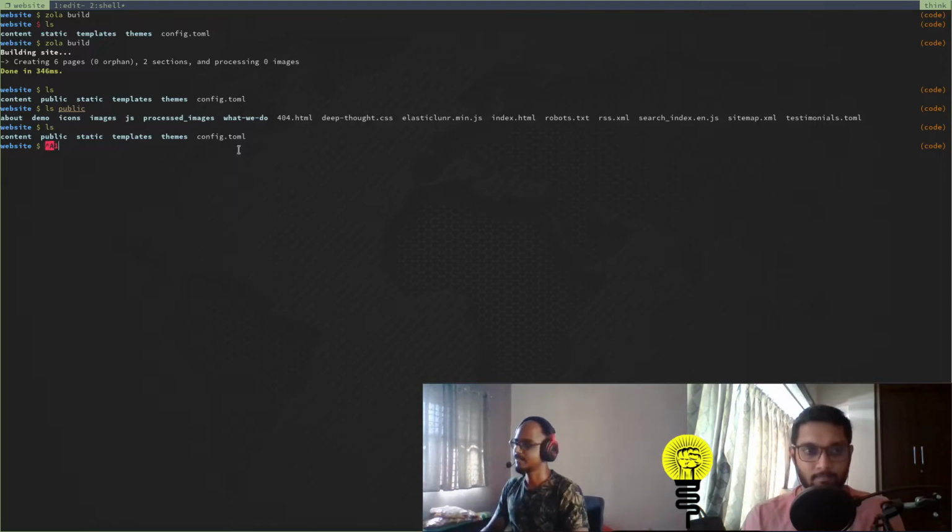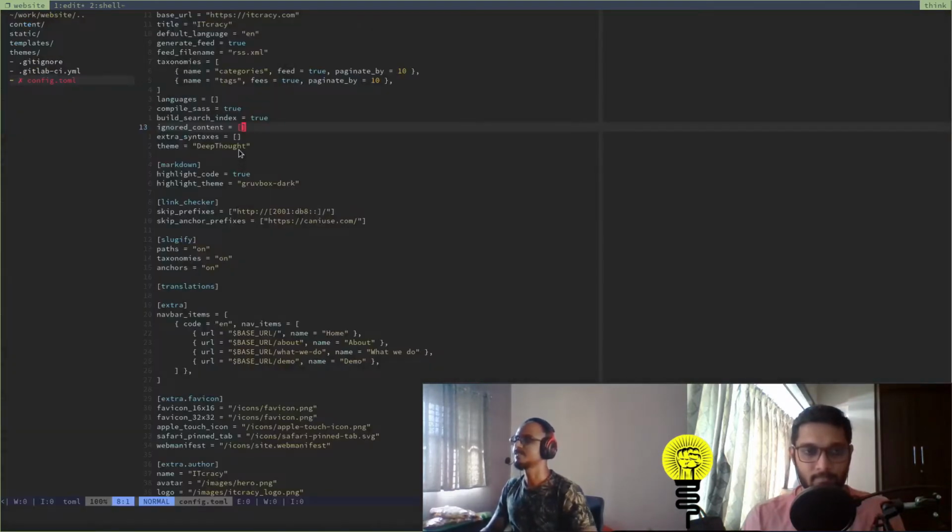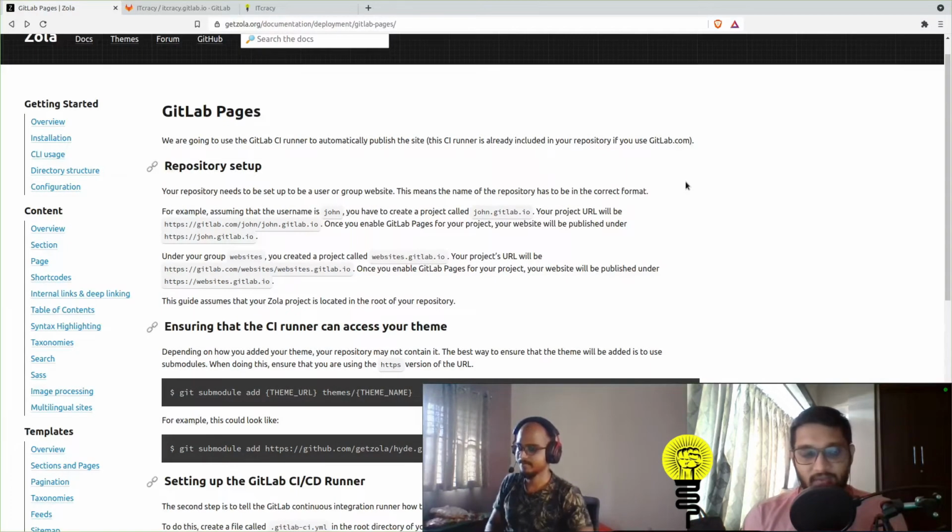The next step is to use a service like GitLab or Netlify to host or create a continuous build of our website and host it live on a URL that it provides for free. You can even change that URL by buying a custom domain name and then setting it up in the service itself.